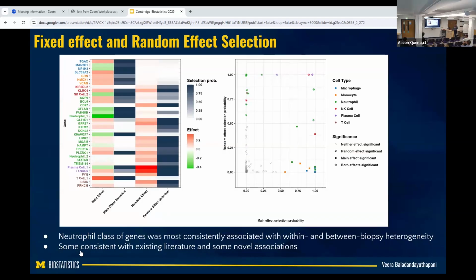So through modeling, but pure simple exploratory analysis also threw that up. But then we looked at a larger panel of genes here. Some were consistent. This neutrophil class wasn't actually there in the literature that we found, but that was something novel, but there were some usual suspects that already popped up in this.